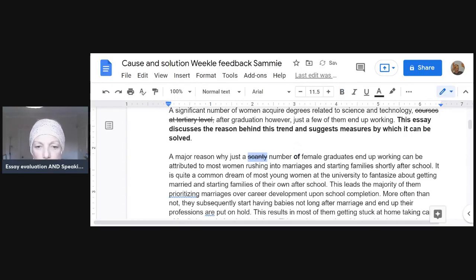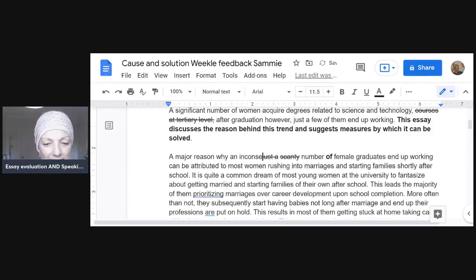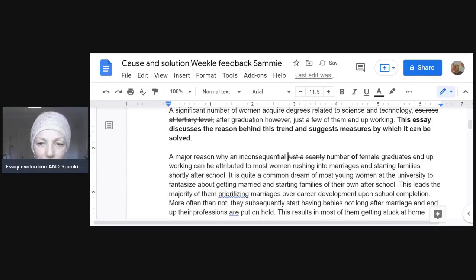So I would just say here just a small number, or insignificant. Well, I'll tell you what we could use. We could use why. Well, so we won't use just. A major reason why an inconsequential